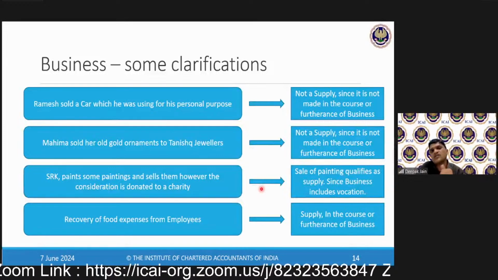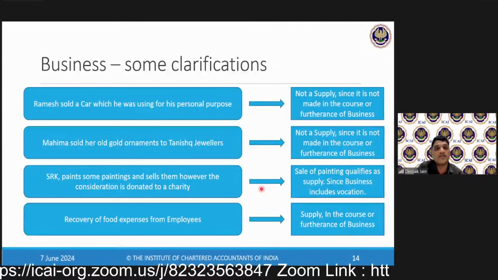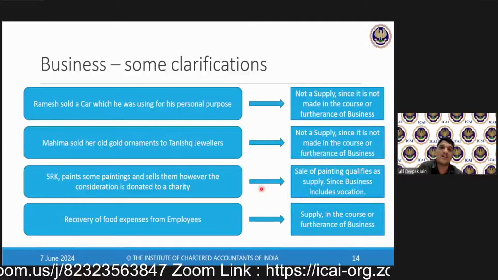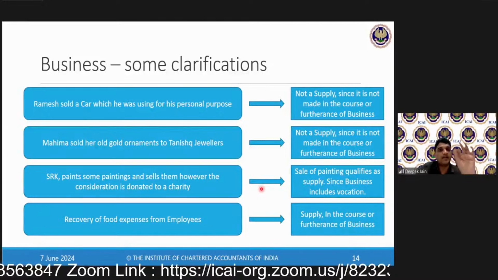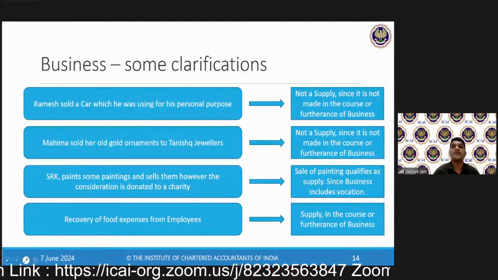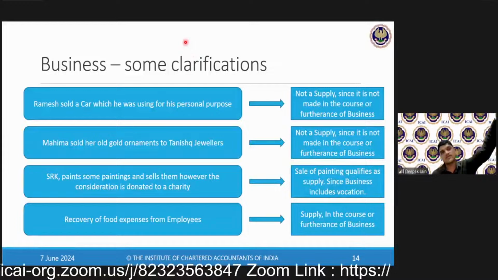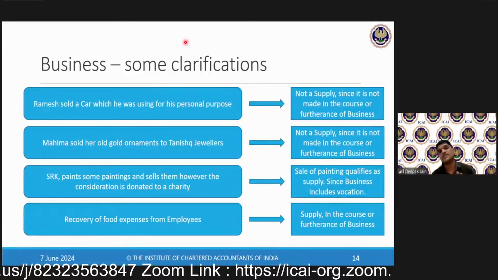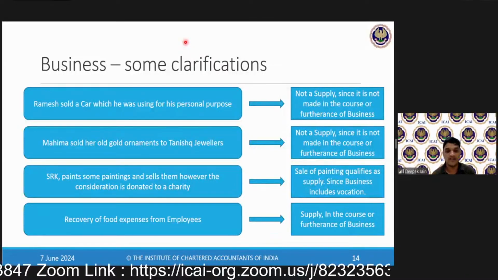No, but Shah Rukh Khan is an actor. No, he's not into personal business. We saw in the definition of business, anything done one time is also liable to GST, is covered under business. So if I do a painting and sell it, it is not that famous and my painting will be very bad. I'm not a painter. But Shah Rukh Khan, even if he paints something which you don't understand, but if it is Shah Rukh Khan's painting, then its auction will happen, it'll go for a high value, correct? So it has a relevance in terms of who does a business. Okay, so there the business definition will come in, then it will qualify as a supply.